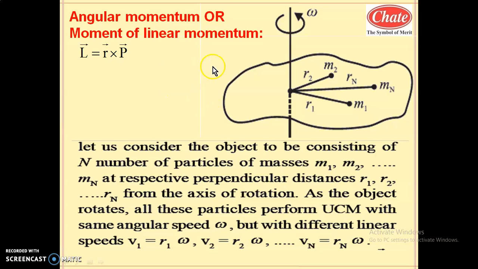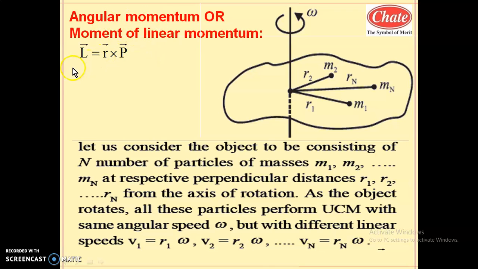Let us see the next physical quantity related to rotational dynamics, that is angular momentum, or moment of linear momentum. So the moment of linear momentum is called angular momentum. This is actually the meaning or definition of angular momentum. So what is angular momentum? It is the moment of linear momentum. It is similar to torque. Torque is called the moment of force. That is the next heading after this. So similar to this, we are studying one more physical quantity, that is torque.